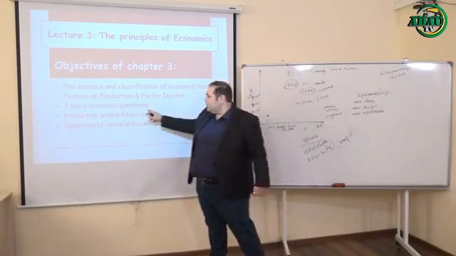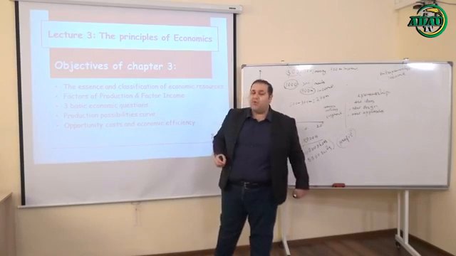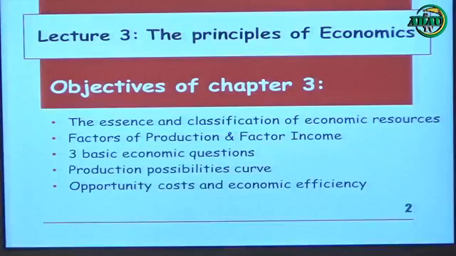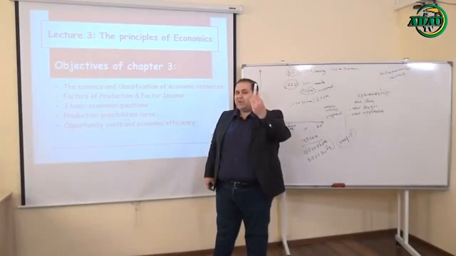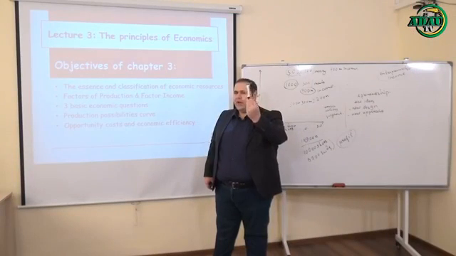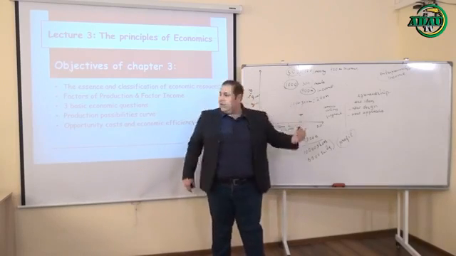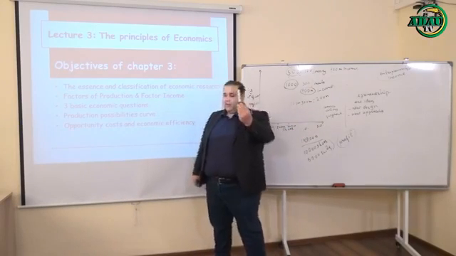In order to answer these three basic economic questions, you need to clarify your limited resources in order to satisfy your unlimited needs and wants, which we call desires and willingness. So these three basic questions are: what to produce, how to produce, and for whom to produce. If you want to produce this market, first of all, you need to clarify what you are going to produce. So how will you produce?